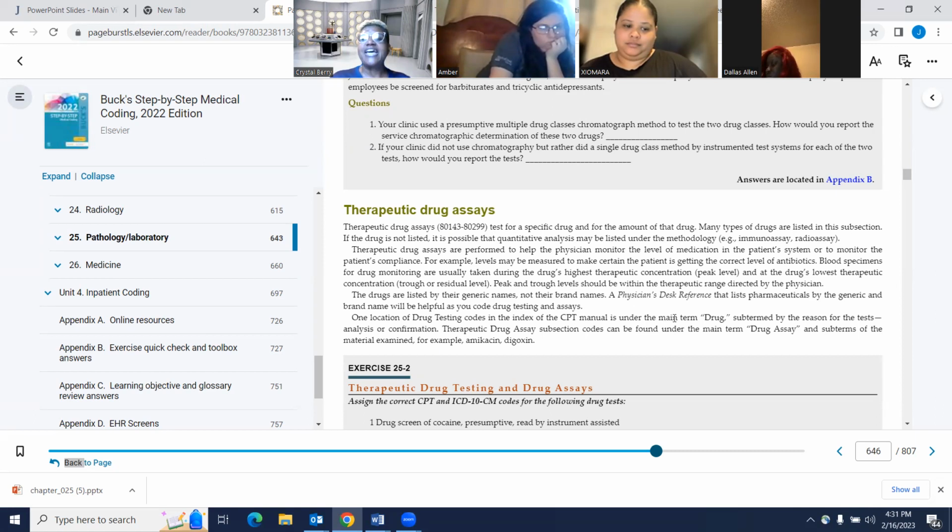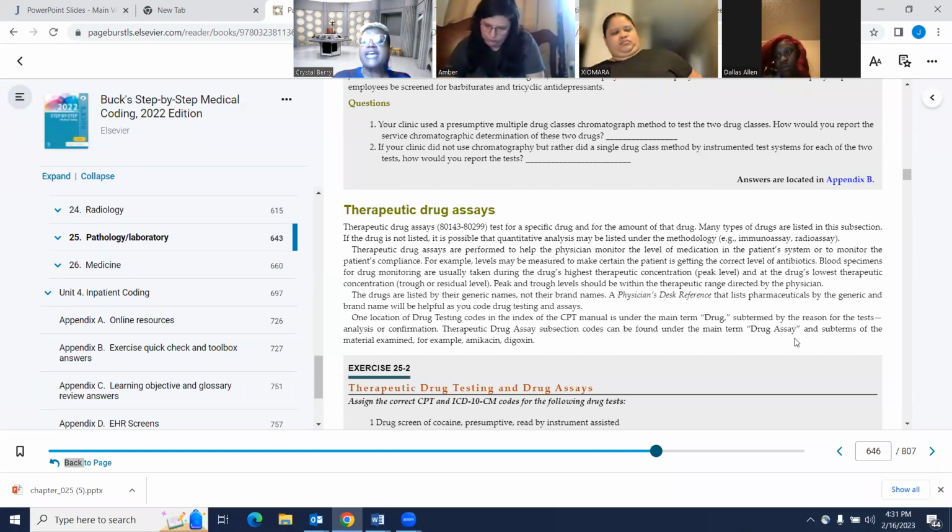A physician's desk reference that lists pharmaceuticals by the generic and brand name will be helpful as you code drug testing and assays. One location of drug testing codes in the index of the CPT manual is under the main term drug, subtermed by the reason for the test, analysis or confirmation. Therapeutic drug assay subsection codes can be found under the main term drug assay and subterms of the material examined. For example, amikacin, digoxin. So next,